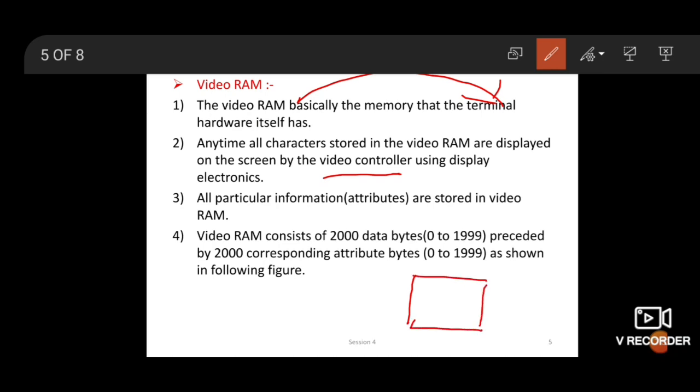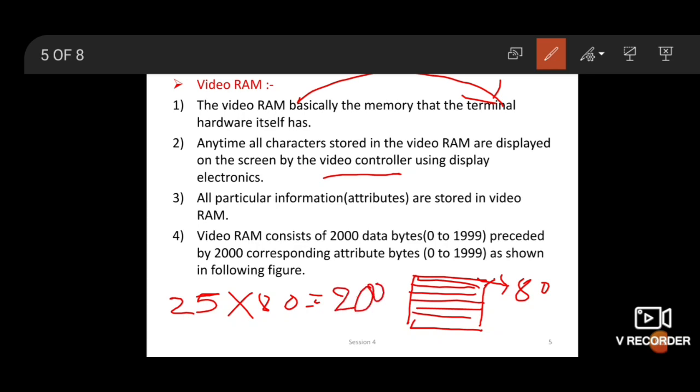On this screen there are 25 lines. Each line consists of 80 characters. So 25 lines into 80 gives 2000 characters on screen.